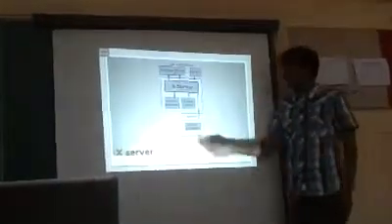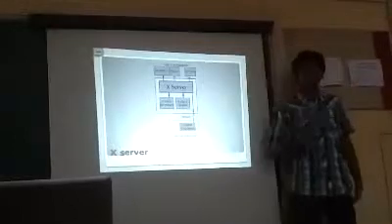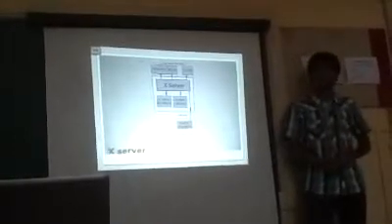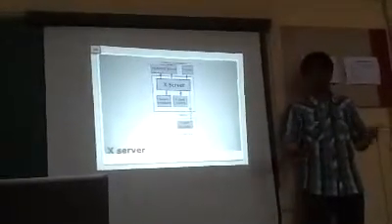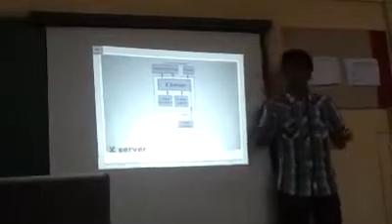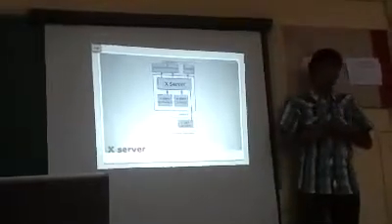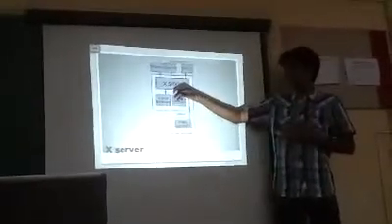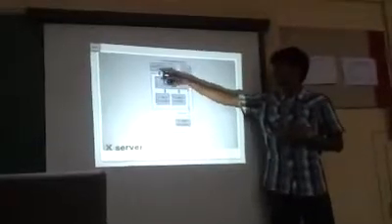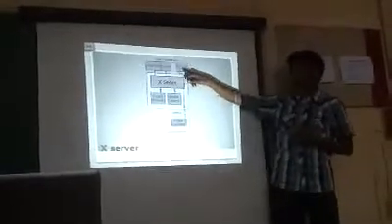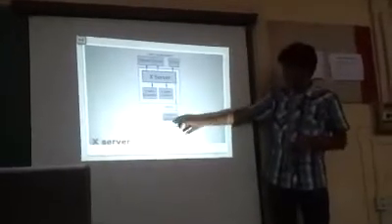X server is a software application that runs on your machine, in coordination with the operating system. What the X server does is take care of your input devices, your output devices, plus your network interface.